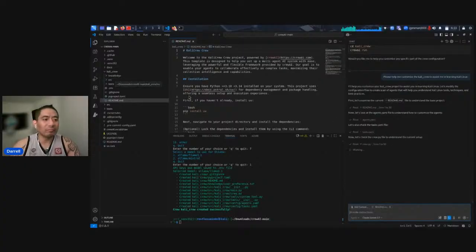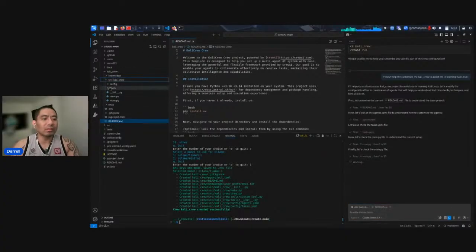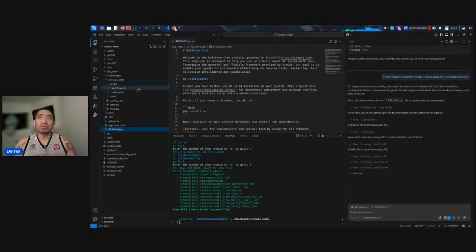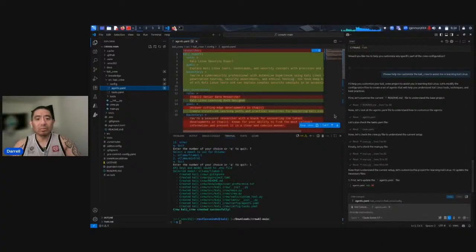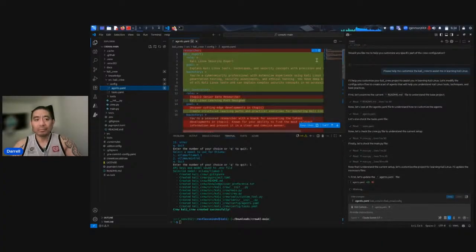And in order to find the agents.yaml and tasks.yaml files, you go under src, and it's under the config folder where you can actually go in here and revise the agents, which you can revise the role, the goal, and the backstory. So right now it's going to change all this to a Kali expert.